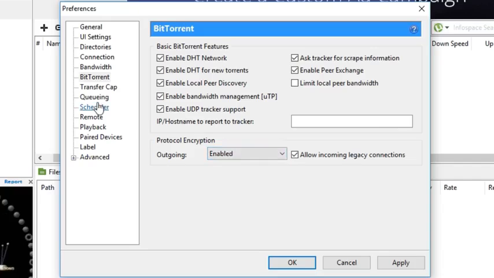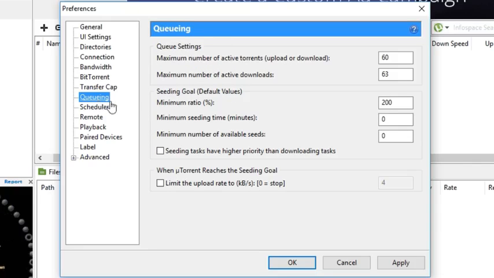Then move on to queueing, and here make sure that the maximum number of active torrents is 60 and the maximum number of active downloads is 63. The minimum ratio is 200, but it should be more than 100%, and you can keep the rest 0, it doesn't matter. Then move on to advanced,